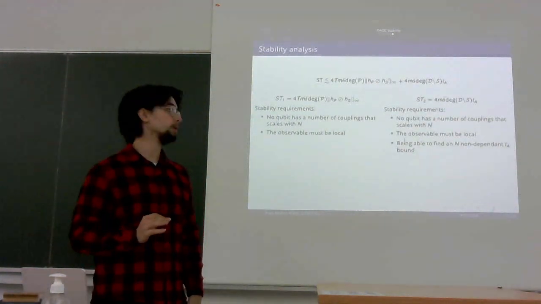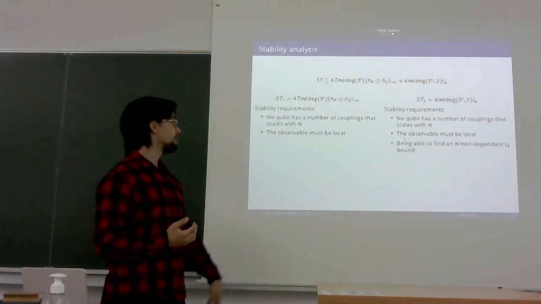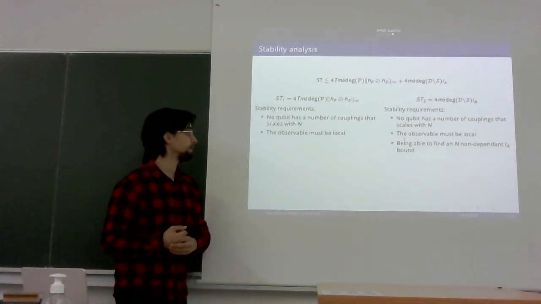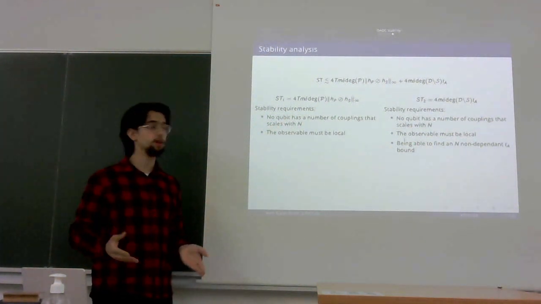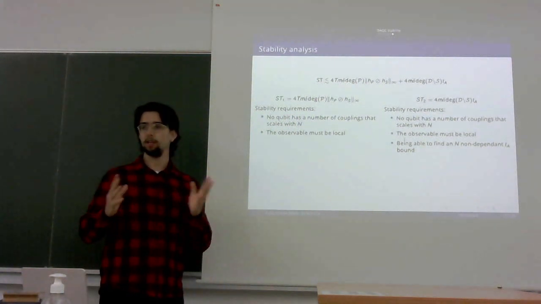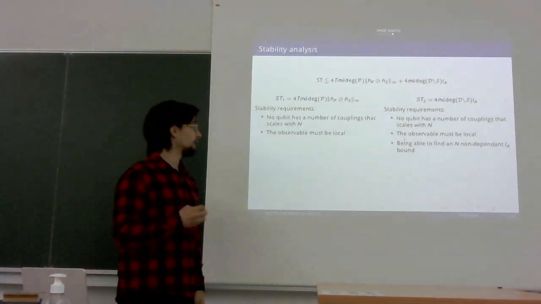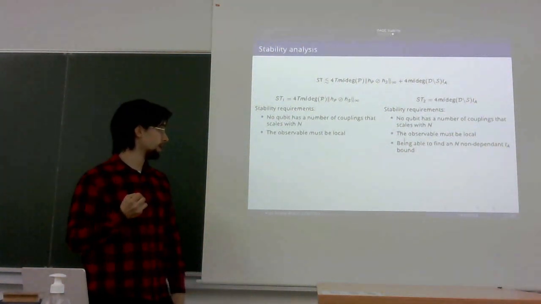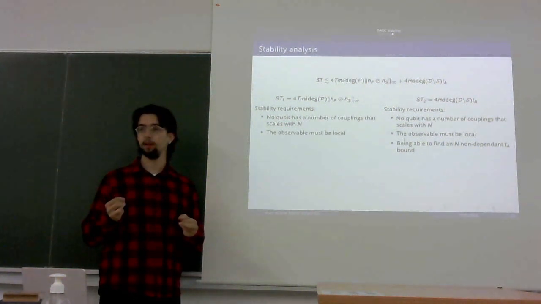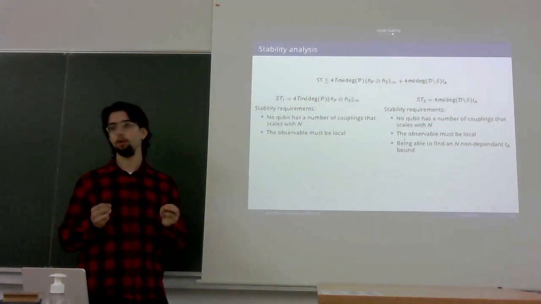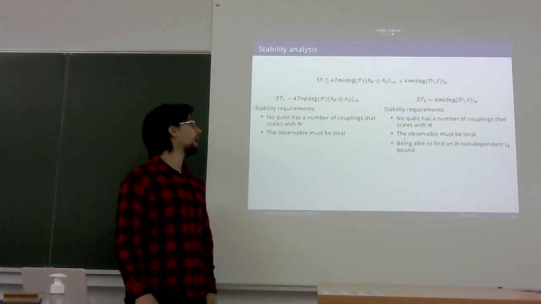Now, to analyze these results, the stability requirements are going to be the following. For the first part, this is the expression for m qubits, by the way, if we are going to be measuring m qubits. It's just having the maximum stability possible multiplied by m. Now, the stability requirements for the first part are that no qubit is going to have a number of couplings that scales with n, and that the observable must be local. This means that the degree is not going to depend on n, and also m is not going to